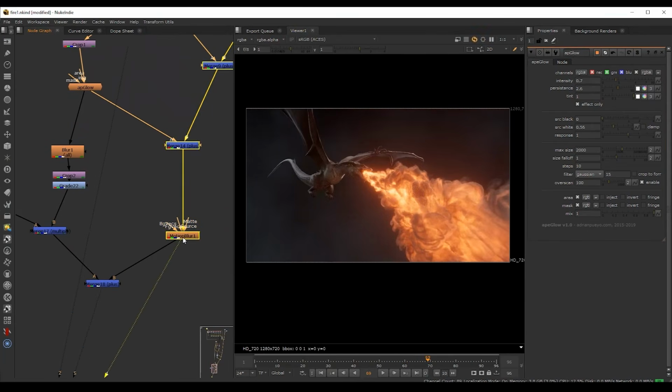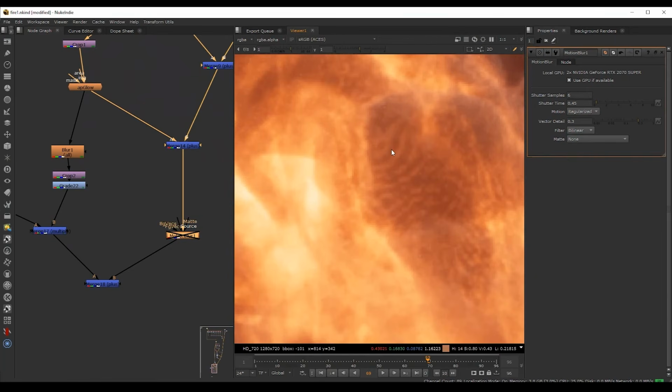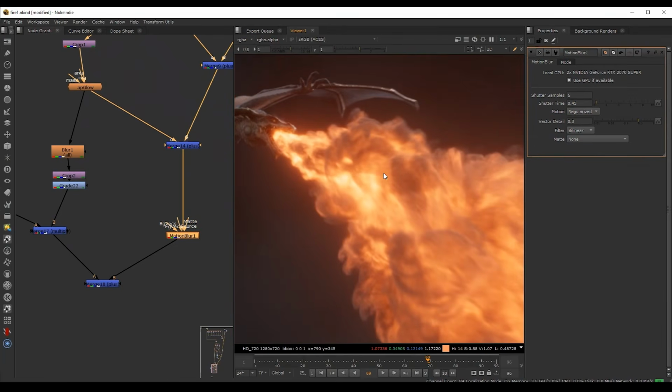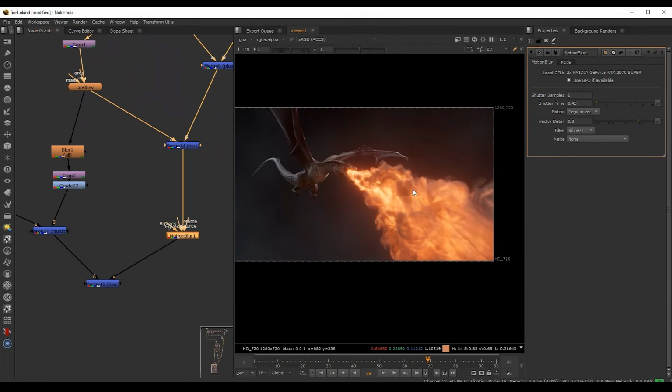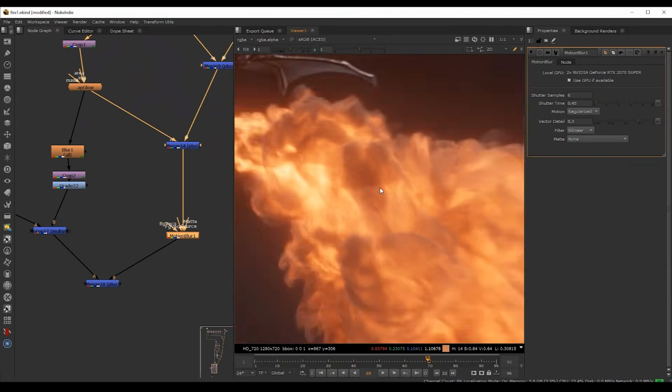We add some motion blur, and we can see that with the motion blur, we really get rid of a lot of this kind of voxel stepping thing that's going on over here. So this is why I don't usually worry when I render volumes directly inside Houdini. I don't worry about setting up the motion blur to happen directly at render time, because the motion blur inside of Nuke really works super well, and it really does wonders, especially for volumes. It works really well with particles, but with volumes it just does a super nice job, and hopefully you can agree with me.